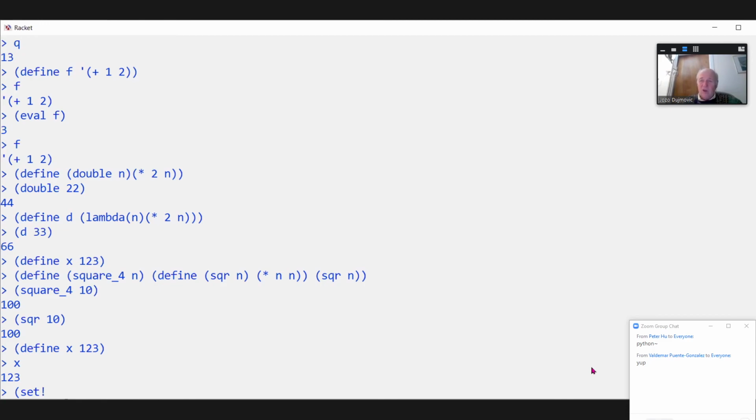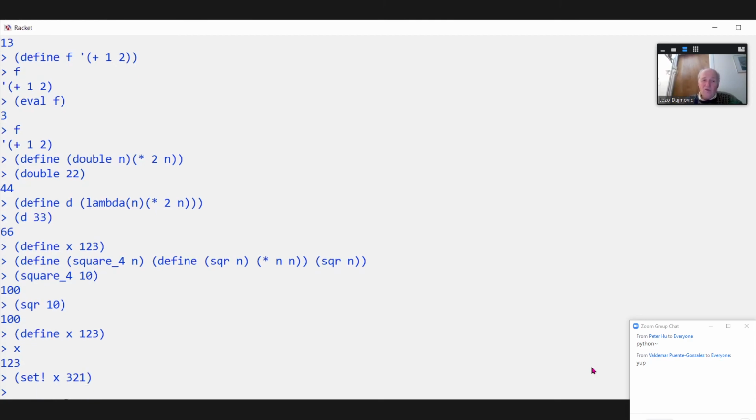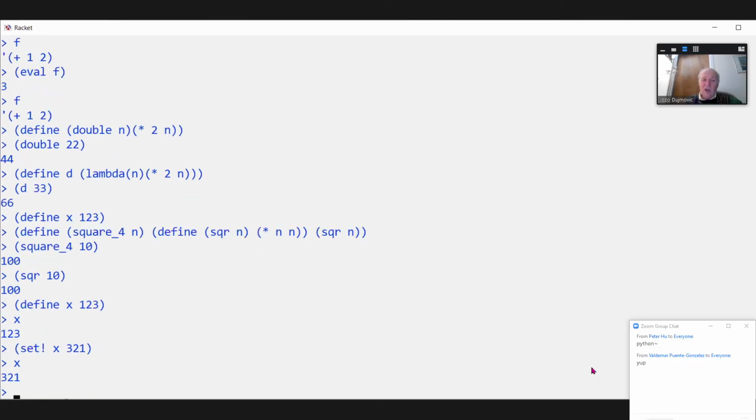set! has an exclamation point, which is for those things that are forcefully, in situ, changing the value of an object. So if I say set x to be (3 2 1), this is now modifying the value of x, and x is the same in the symbol table, but the value in memory is changed from (1 2 3) to (3 2 1). Now, if I want to say set,